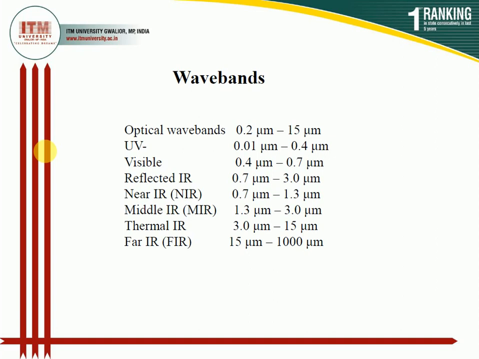These are the wavebands in which the remote sensing technique works: the optical, UV, visible, reflected near infrared, mid infrared rays, thermal, and far infrared rays. When the various techniques capture the images, when the light gets reflected from the earth's surface, the main sensor or the satellite present in space captures the waves which lie in this waveband, and then helps in the interpretation of what particular sort of information these waves give to the particular satellite.